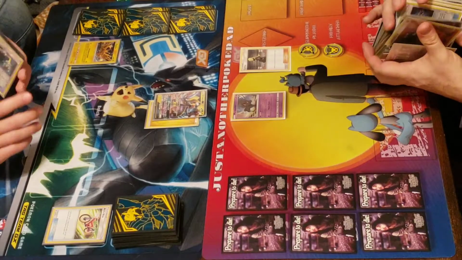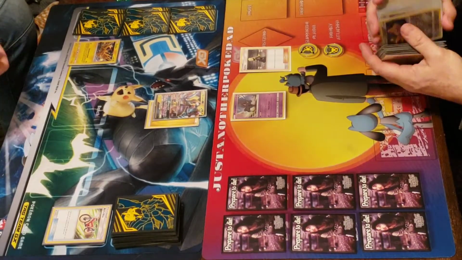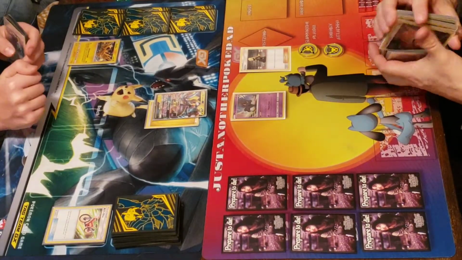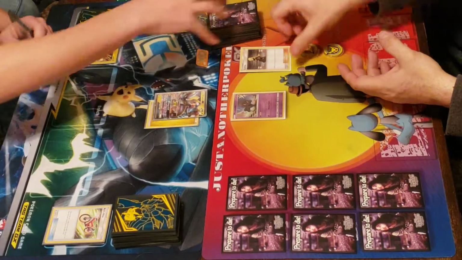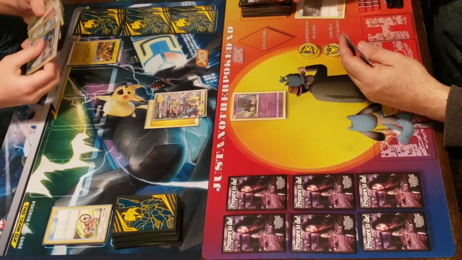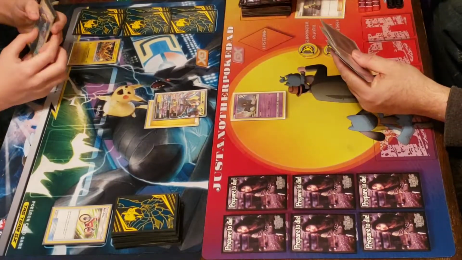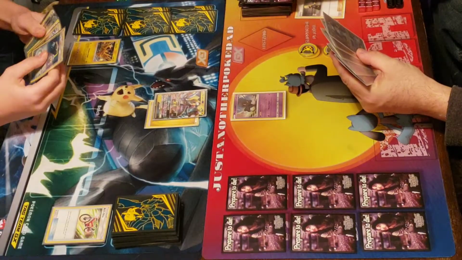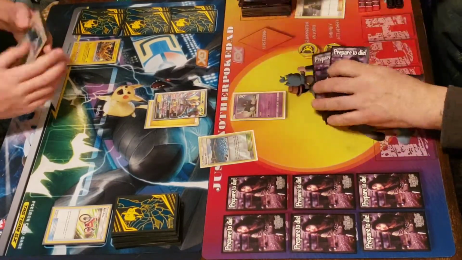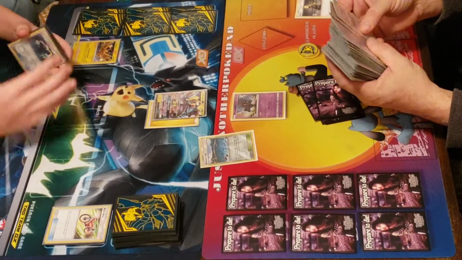Not how you want to start the game, but when you're starting Let Loose Marshadow, you're already in a bad spot, obviously. So shuffling up and hoping that I pick up 6 good cards here and can get the ball rolling. I get the Brooklet Hill, which helps, because then I'm playing